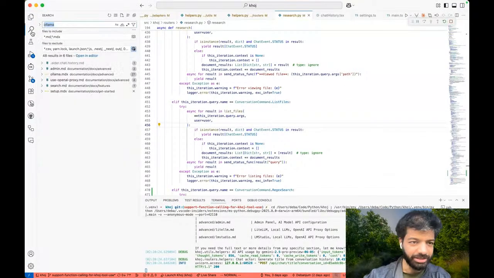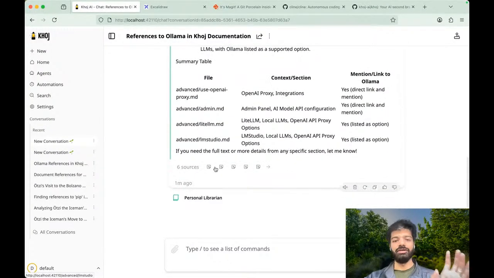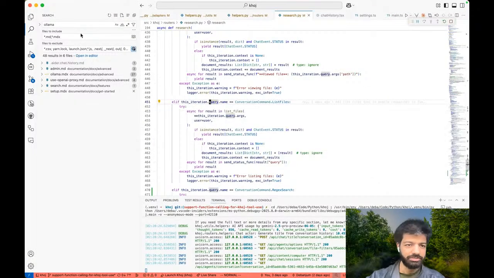This is actually, I think, as you can see here, 1, 2, 3, 4, 5. Those are the 5 documents where Ollama is mentioned. We've just done a search for Ollama in our documentation, where I've limited to .md and .mdx files.